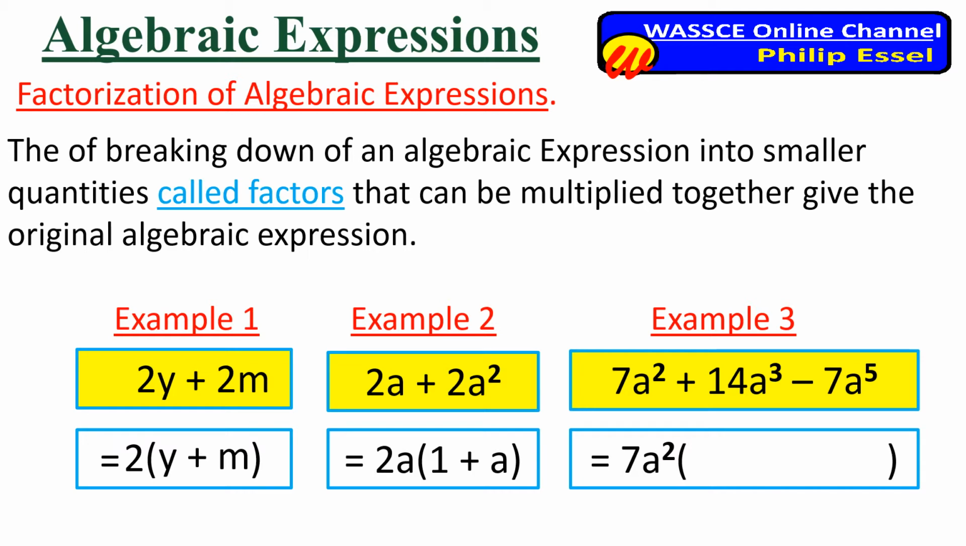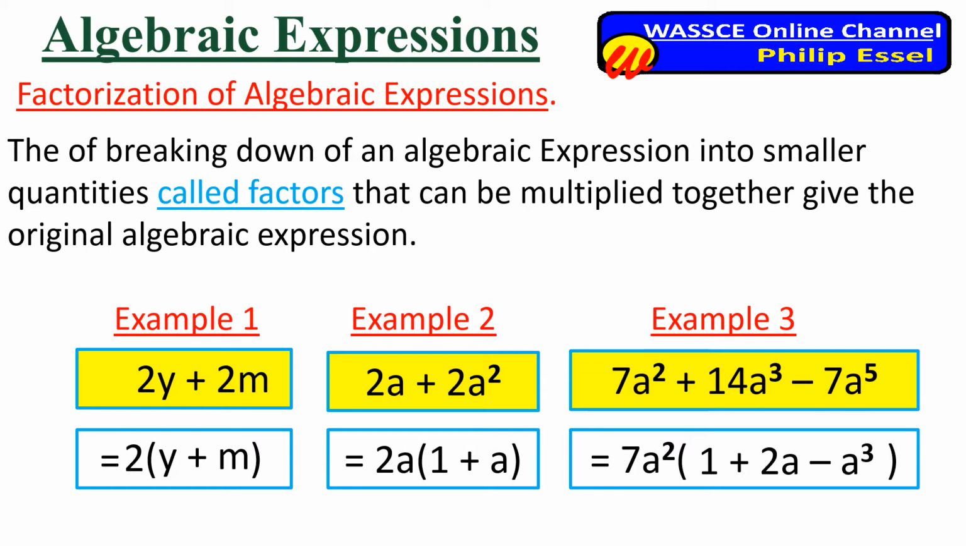So the items that are supposed to be in the bracket are 1 plus 2a minus a exponent 3. So when we factorize the expression above, that is the 7a squared plus 14a cubed minus 7a exponent 5, we would get 7a squared all into bracket 1 plus 2a minus a cubed bracket closed. Now I'll need us to note that